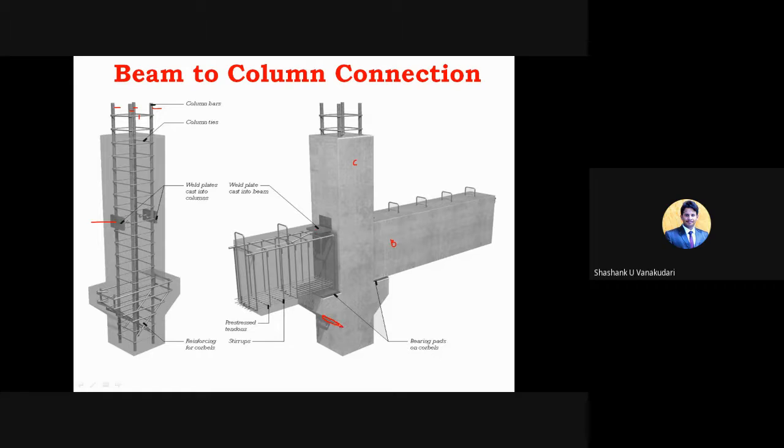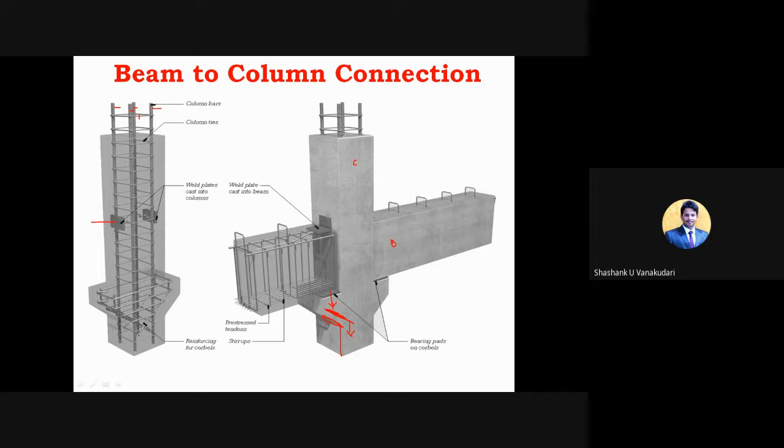In that, they provide it as a main bar to this column connection, because the load which will get developed on this, we cannot transfer directly and vertically to here. So in that case, the load is transferred to these corbels, and then that entire load is distributed to this column connection and then to the footings, right? So like that it is transferred.